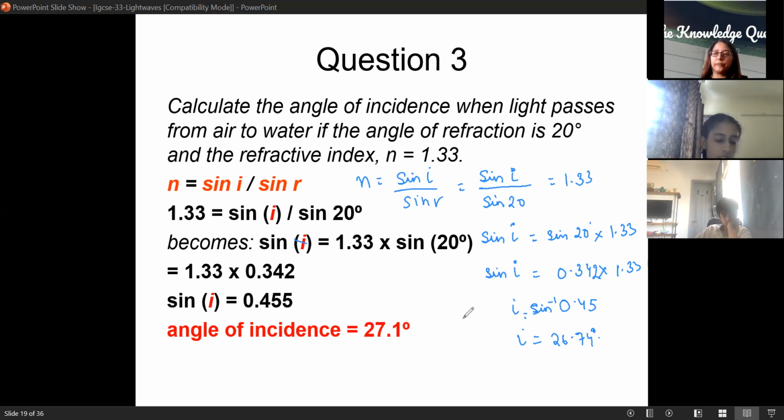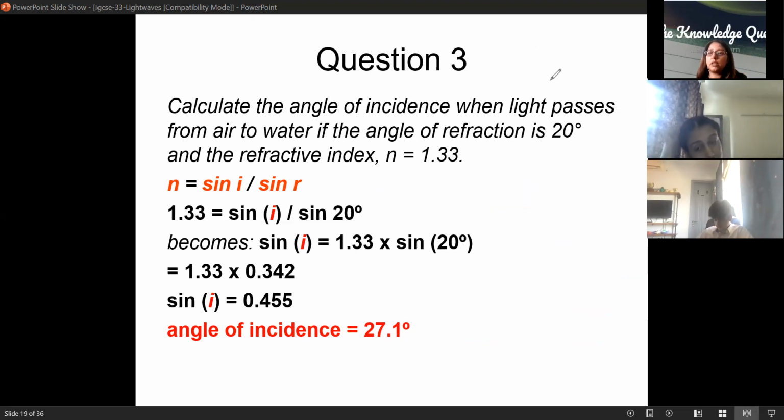Right, because this was coming out to be 455, because of which this is not 26, it's 27. If there is even this slight mistake, the answer will be considered wrong. Clear? So do not round off. Take full values in the beginning. Rounding off has to be done at the end. If we start rounding off at every step, our final answer will be very, very different from the actual answer. Those slight mistakes will create a big mistake in the entire paper, in the entire answer.